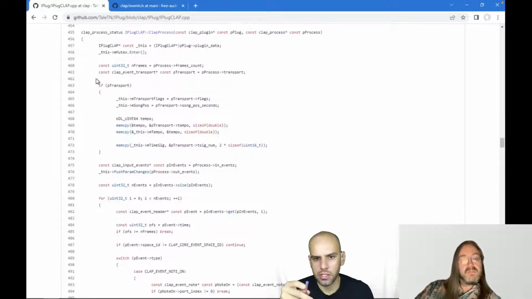And in that case, this process that we are talking about here is not just for audio. The same thing will receive MIDI. It will receive, I guess, parameter changes. Yes, exactly. They will all go through the same clap process function. Yeah, and that's very nice because that means there's no concurrency there. So that solves one of the problems that other APIs have, other plugin formats have.